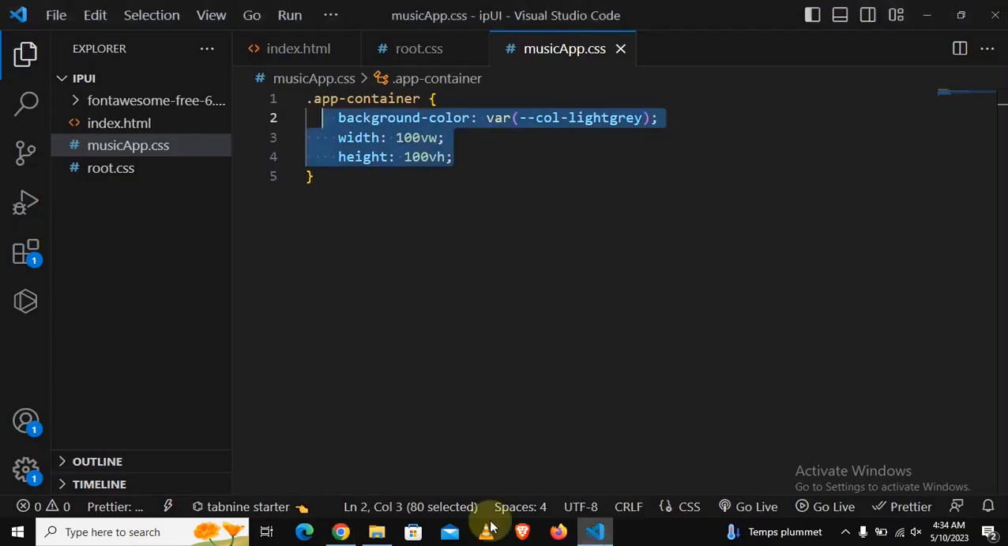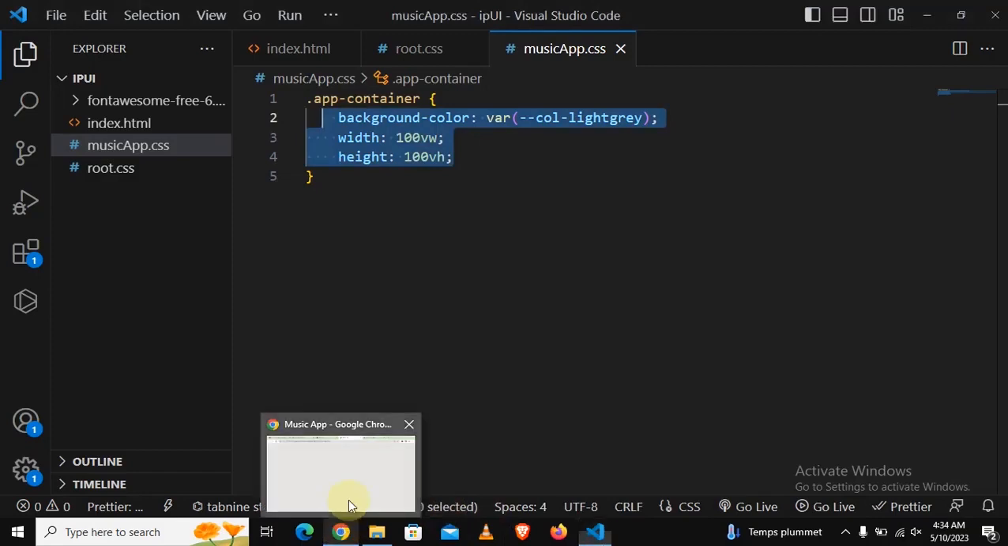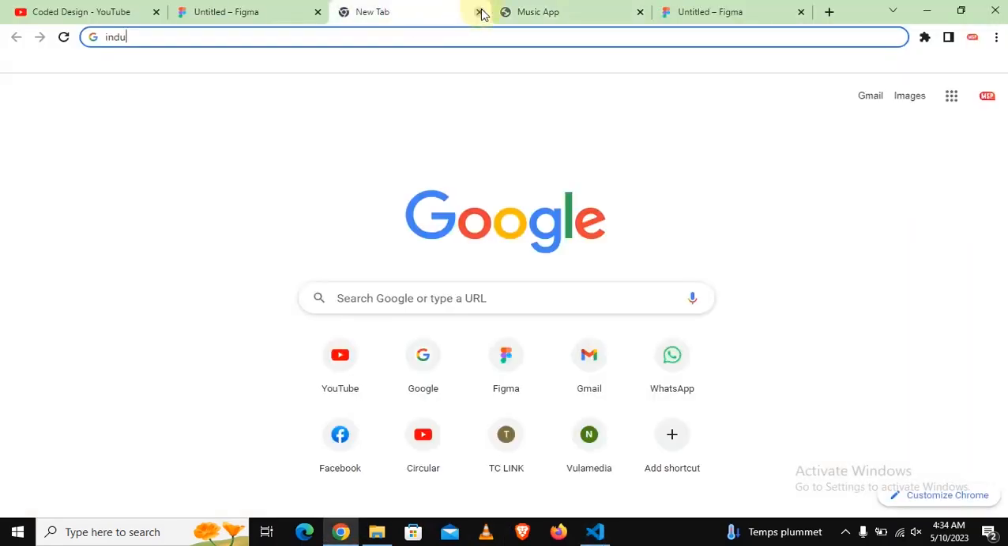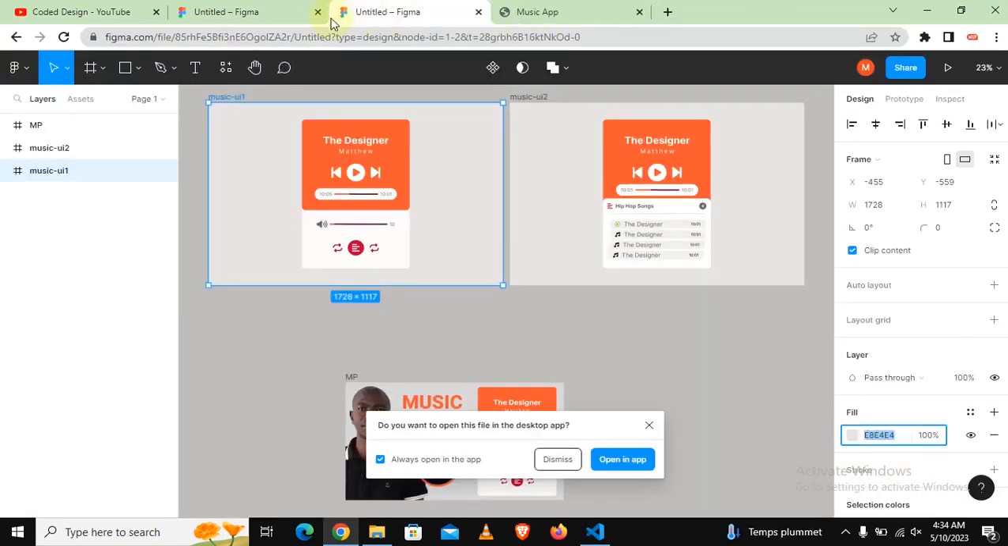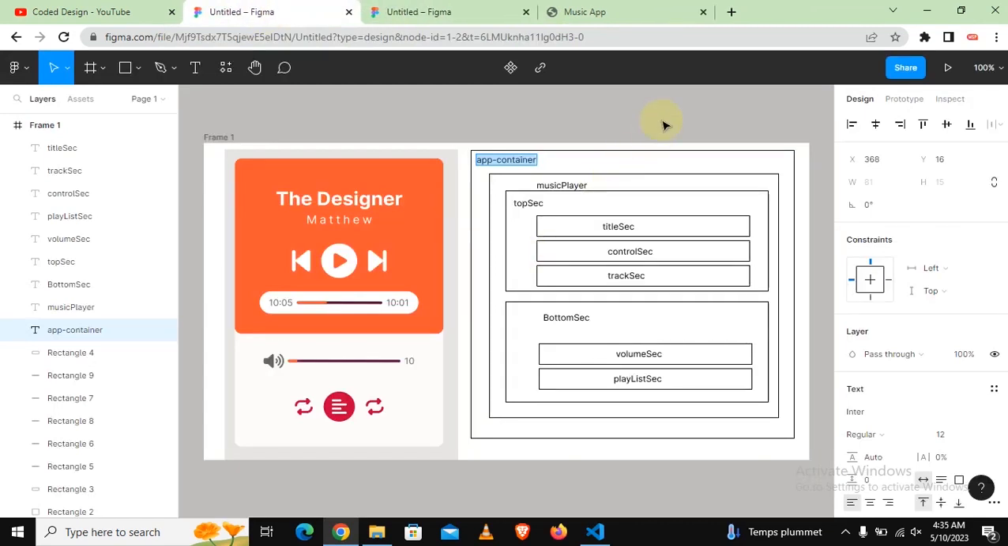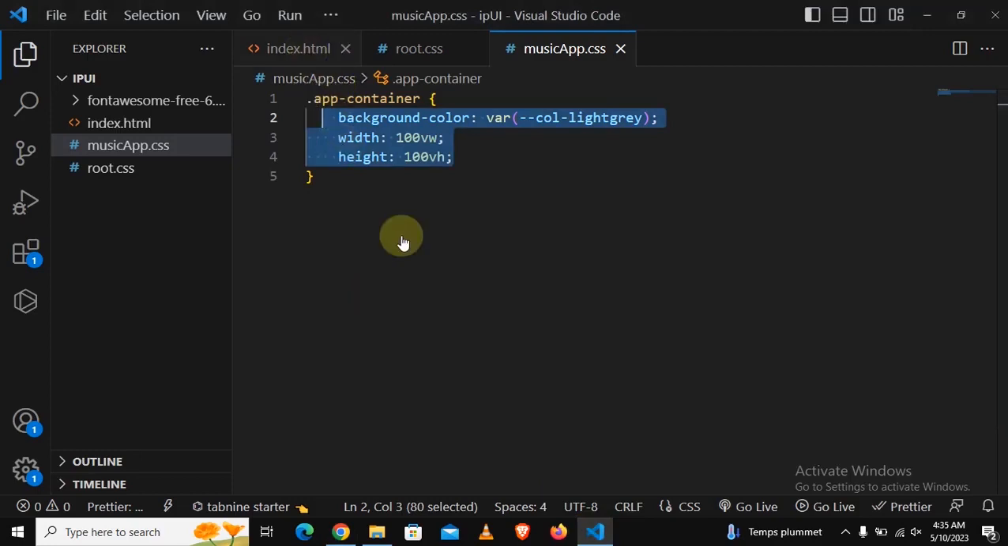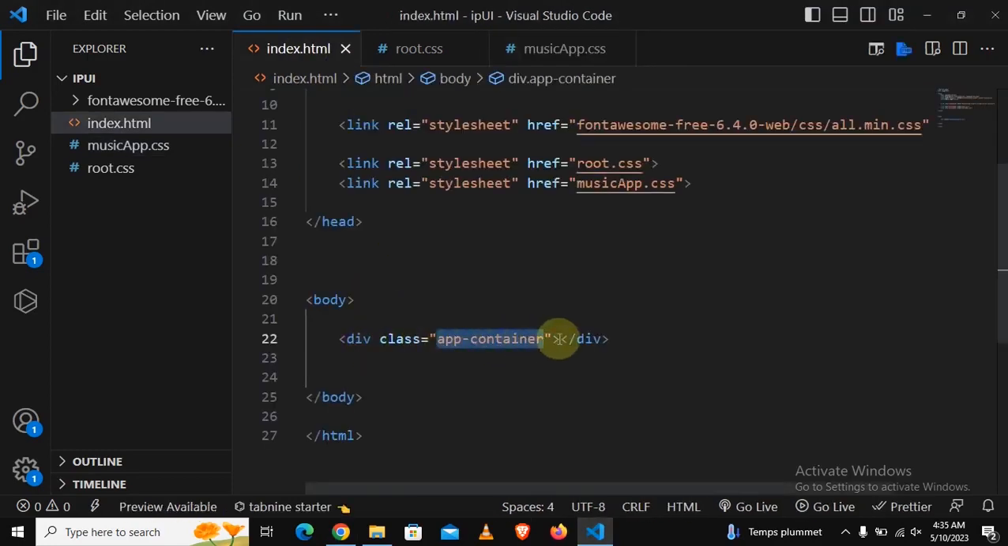So what I'm going to do now, I've got too many tabs here and I'm a bit confused. Let me move all the Figma tabs close to each other. Okay, this is the tab that I want. Now we've got the app container and we are done with it, and now we want to make the music container. So let's create a music container. Let me just click here, copy this, and then on our HTML, inside this app container,